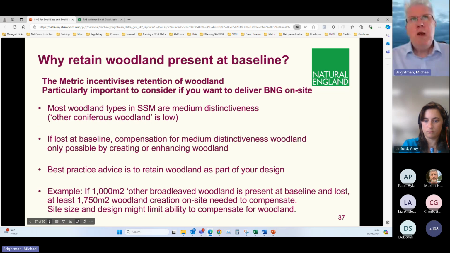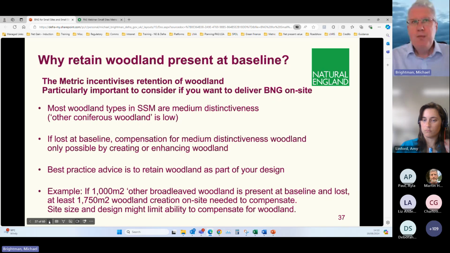So let's also talk now again about why we should retain woodland that's present at baseline. Again, the metric incentivises retention, so it's particularly important if they're wishing to deliver BNG on site. Most of the woodland types within the small sites metric are medium distinctiveness, although other coniferous woodland is low. So for those that are medium distinctiveness, if they're lost at baseline, compensation is only possible by creating or